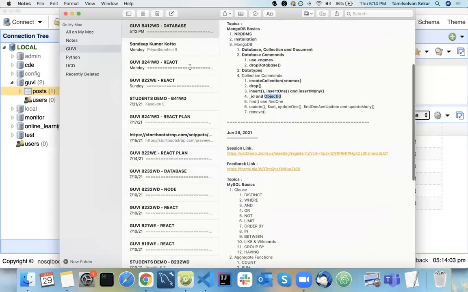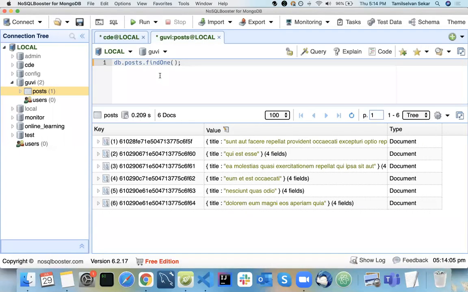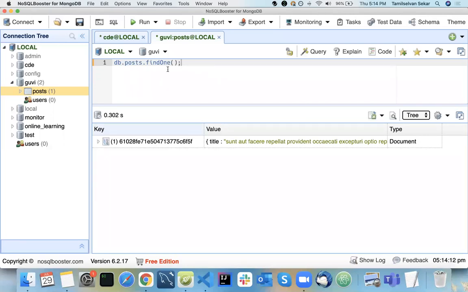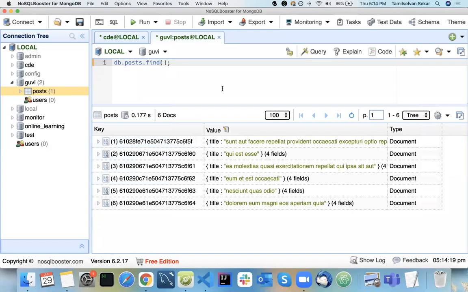For now, see here, if I use find one, it will return only one record, which is the first record. Suppose if I use find, it will retrieve all the documents. If I use find one, it will retrieve only one document. That is the example of find one.